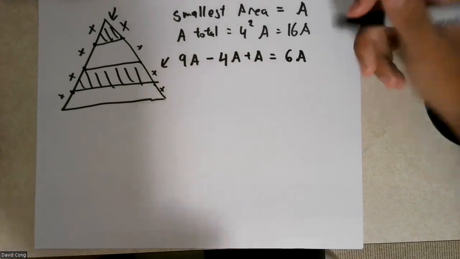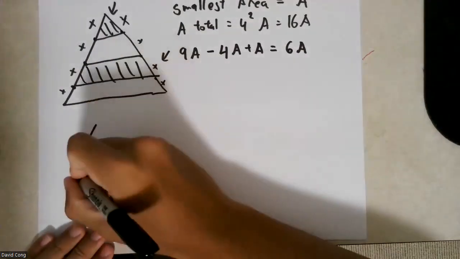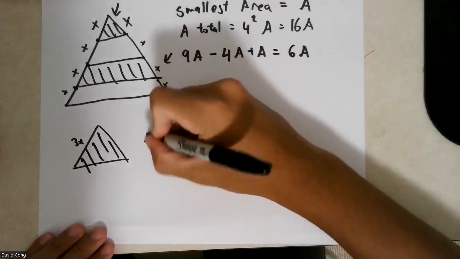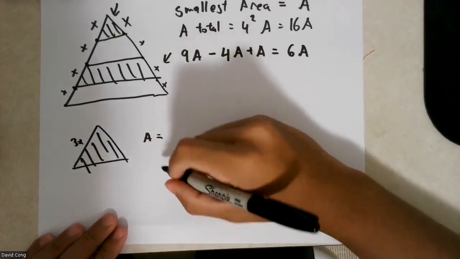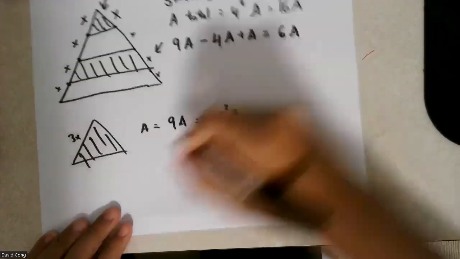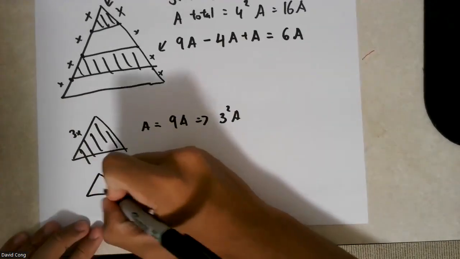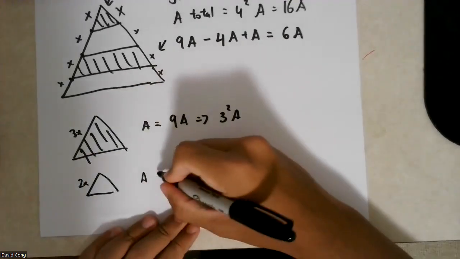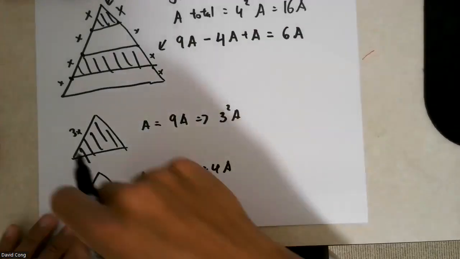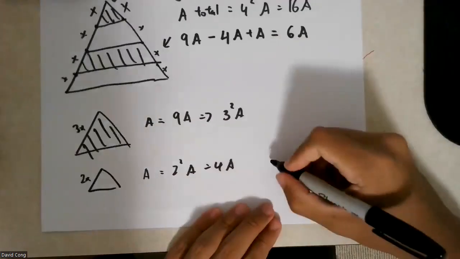So what did we find then? We found that the entire thing, if it's 3x, the area is equal to 9A, because it implies 3 squared A. Now, if we're looking at the 2x case, we know the area is equal to 2 squared A, which is equal to 4A. But now if we subtract the entire thing from this, we're left with a shape that looks